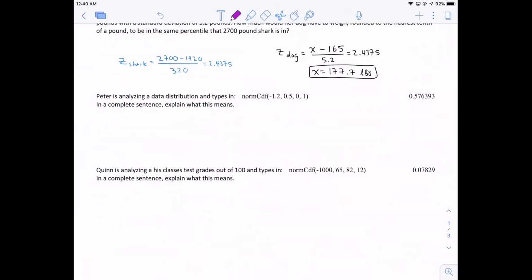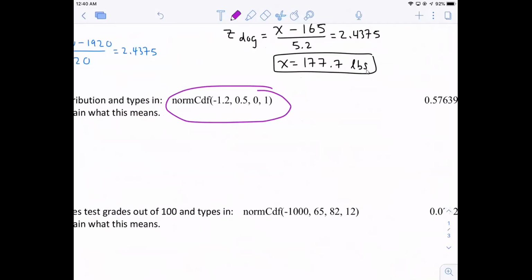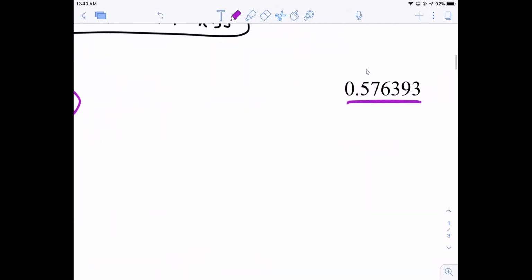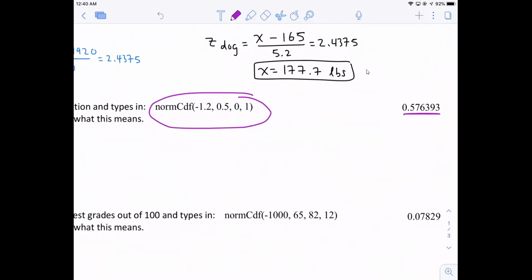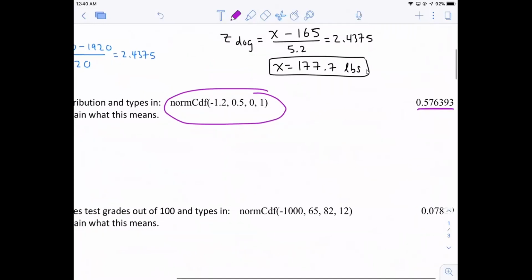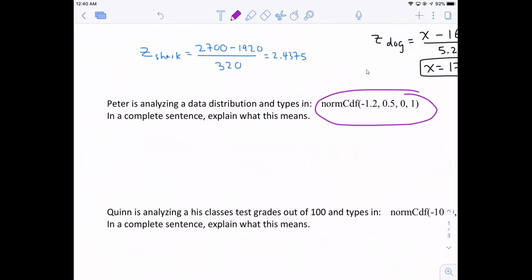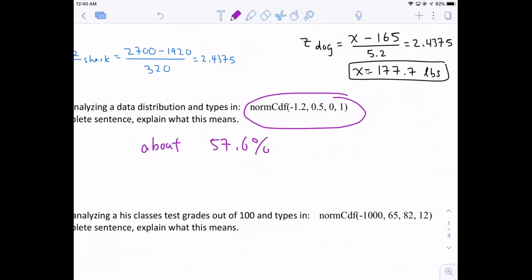All right, for this next one, Peter is analyzing a data distribution and types this in. In a complete sentence, explain what this means. So when he typed this in, he got this answer. As a percentage, that's going to be approximately 57.6%. So that means about 57.6% of the data